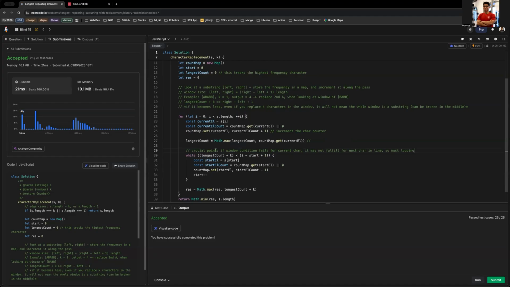And then we will continue looping this window condition, which states that if it becomes less, even if you replace k characters in this window, it will not be the whole window as a substring. So we are just trying to find the window size where all characters are the same. All right. So next iteration, we will do BAB. And then the thing is,